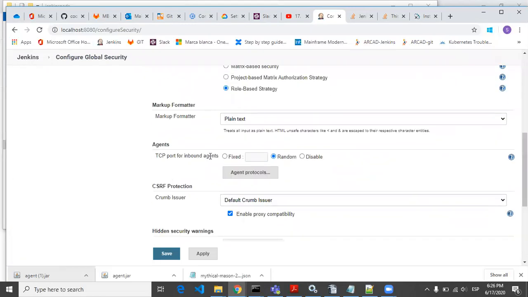TCP port for inbound agent. By default, when you install Jenkins, it will be disabled. But for slave node execution, you have to choose either random or fixed. But we are not having any fixed port, so we are just using the random port. So make sure this random is selected.